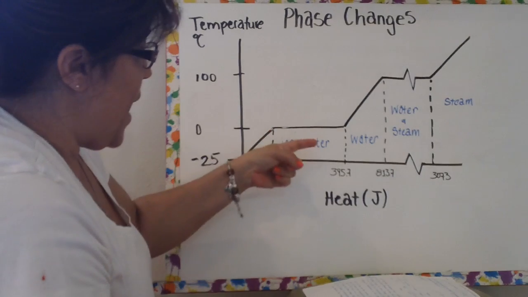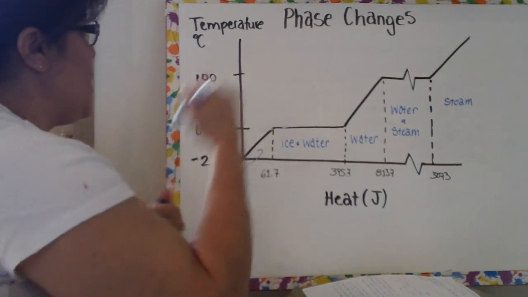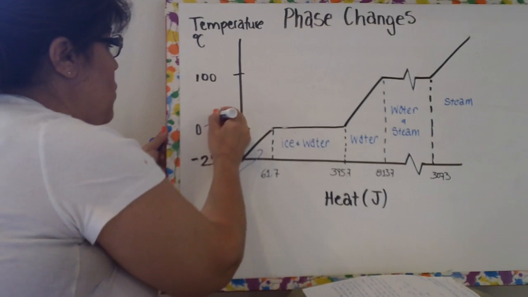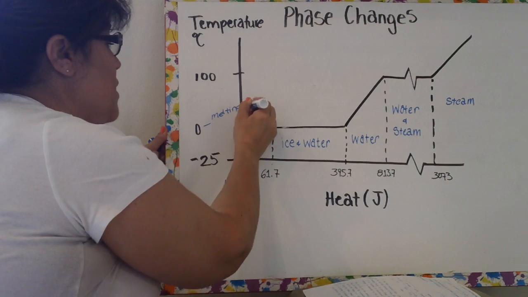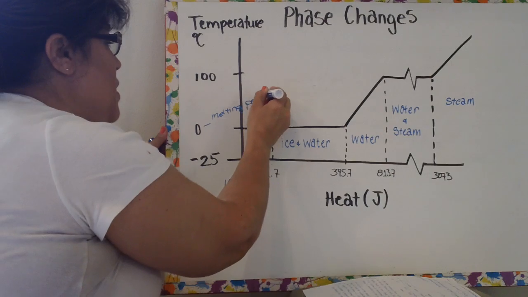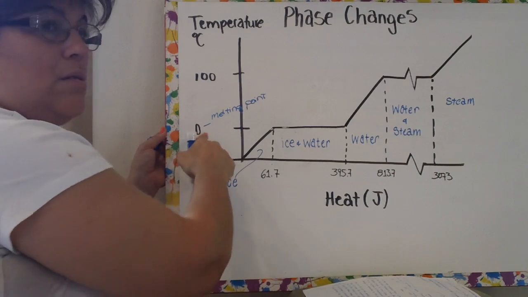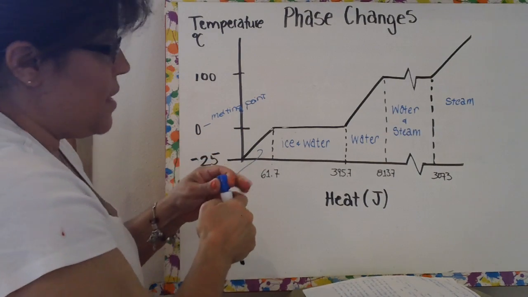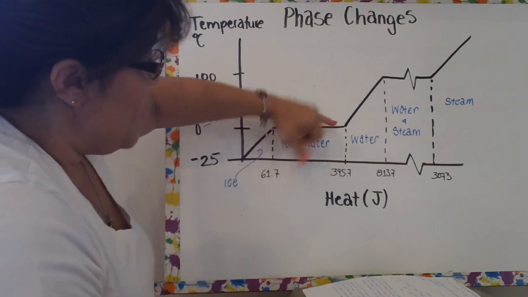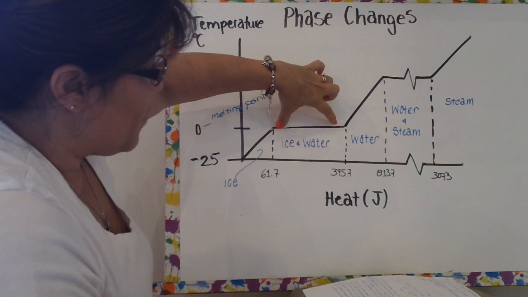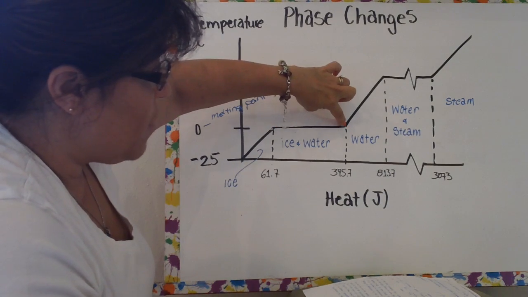Okay, and we call this right here our melting point. And that number is pretty familiar to most people, that ice melts at 0 degrees Celsius. Or we could say that it's also the freezing point. Then what happens is there's no more ice left. You have pure water at this point,